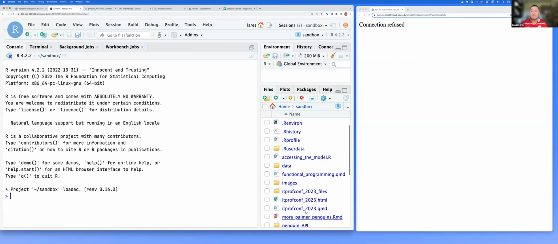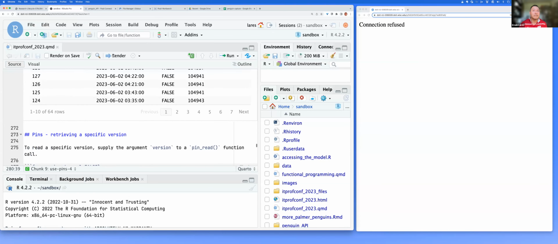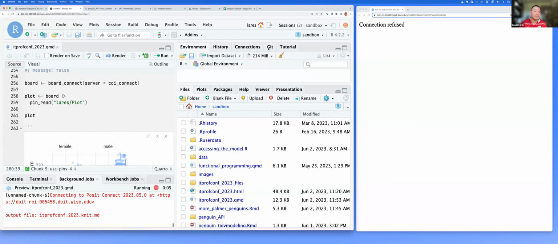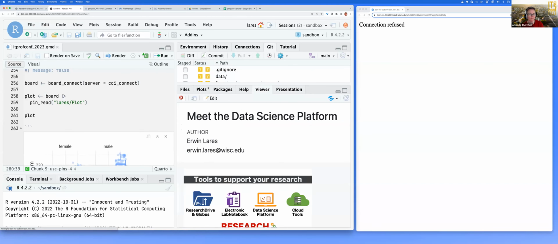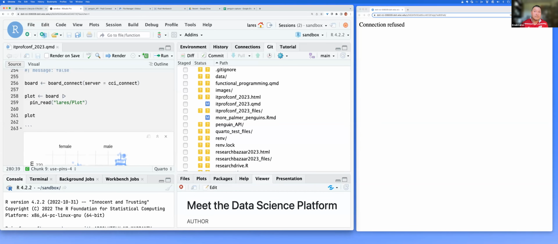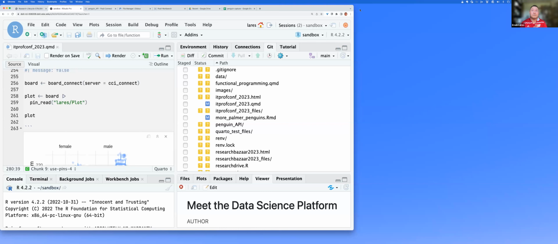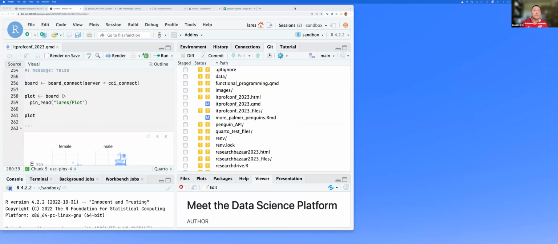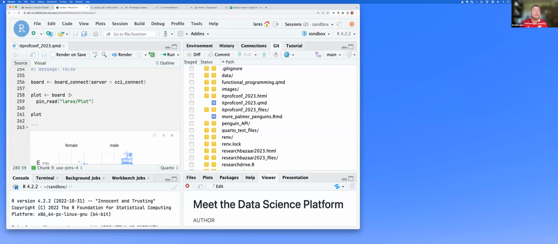Excellent question. So let me just re-render this. And while this re-renders, look at this. Here I have, perfect, my project under version control on GitLab. GitLab, if you are not familiar with it, is also a tool managed by the middleware team. And as a researcher on campus, you get access to it. So you have your GitLab account. And of course, if you don't like GitLab, you could use GitHub. It works basically the same. So you just go here, you commit,